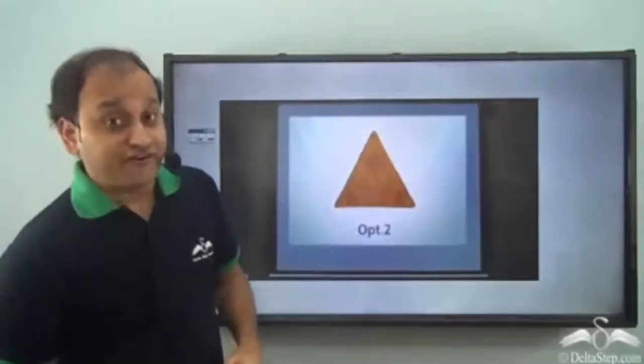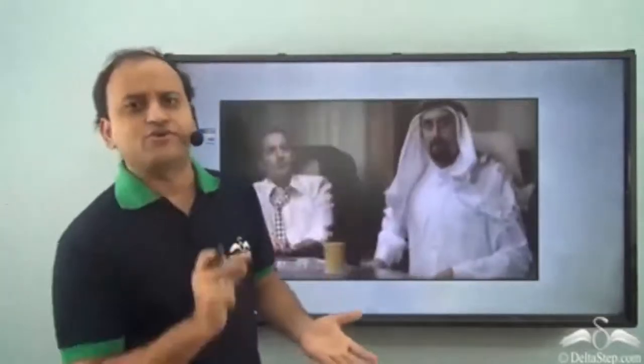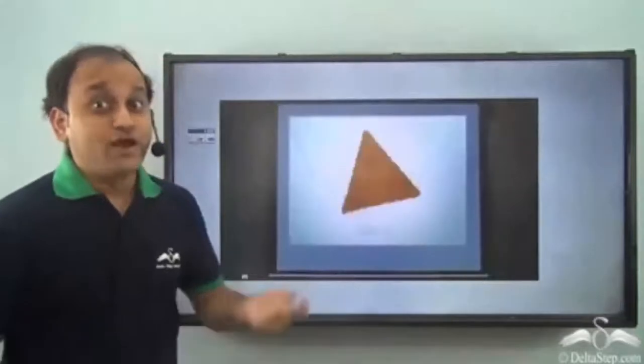Now, what do we see here? This is a very famous advertisement. And in this, what are they doing? Well, they are comparing different positions of a triangular snack. And what is the confusion? Well, every time they rotate it at a particular angle, they see that the snack looks exactly like its previous position. So they are not able to decide which is the best position.